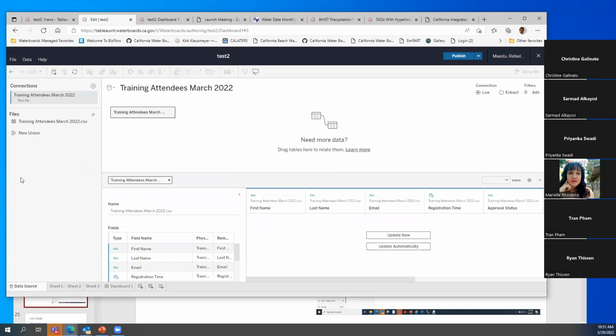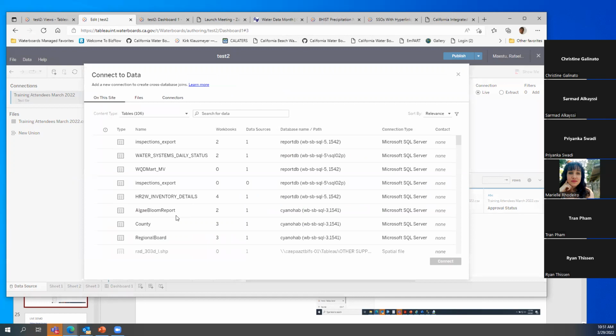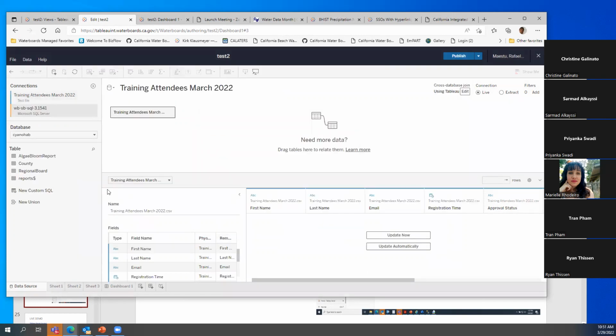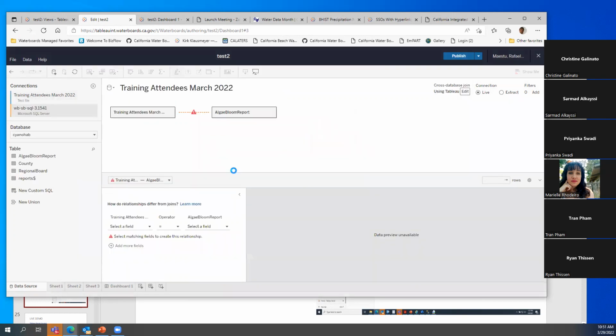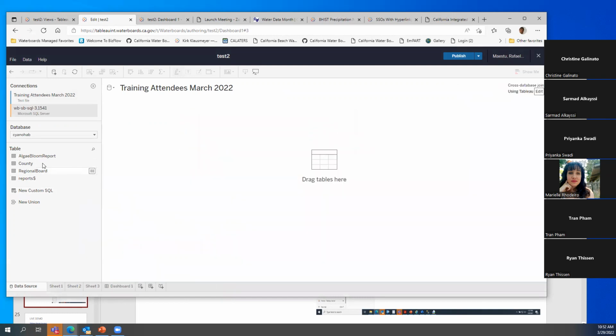You can bring it from multiple sources. Here, for example, you can just add another data set, and I can bring the algae bloom report from cyanobacteria and connect to that, and you just sign in, and then we are connecting to one of the servers that we have at the water boards. It makes no sense. I'm going to remove this. I'm just going to use the algae bloom now.